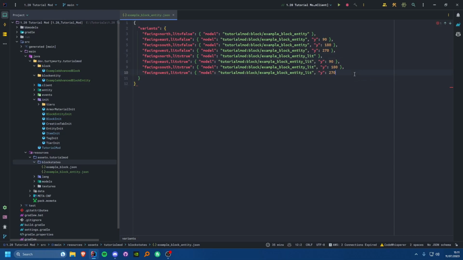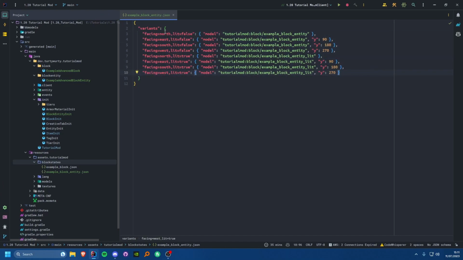And you see how this would get very long if you started to have a lot of different properties. You want to try and keep your properties to a minimum. If you find that you have a lot of properties that you need, then maybe you need to start considering whether you need a block entity and just do it like that instead of having them all as block states, because the more block states you have, it will exponentially increase your memory usage. So you want to try and keep the amount of block states you have to an absolute minimum.